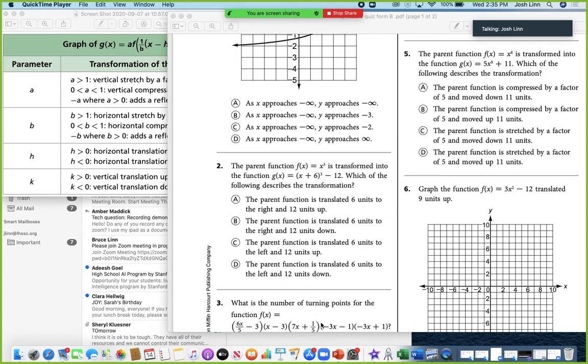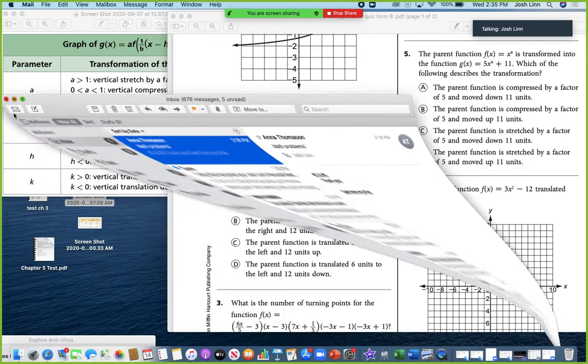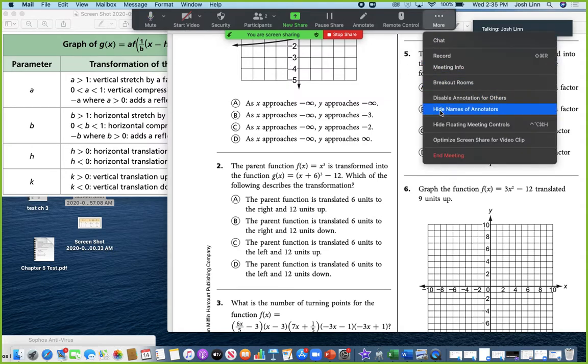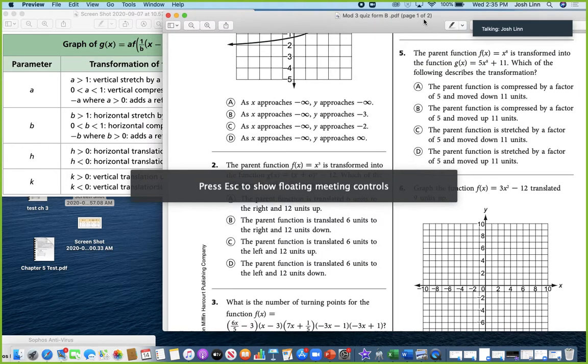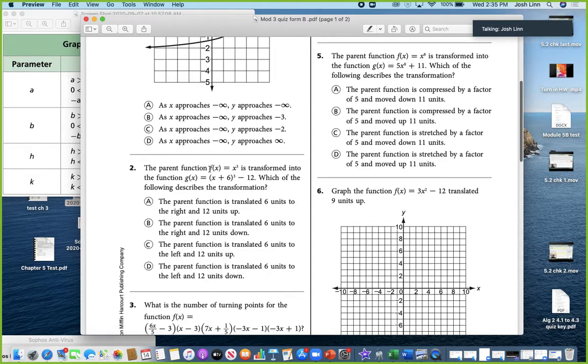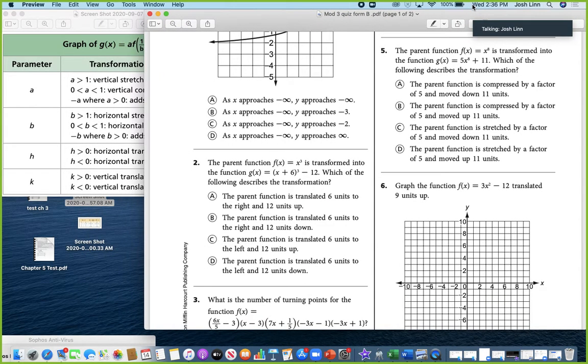All right, so you two sent me the email and said number 2 and number 5. So I'm looking at the quiz here. Let's get this stuff out of the way. Number 2 and number 5 are actually very similar questions, so it makes sense that we were struggling with both of them. And they're both